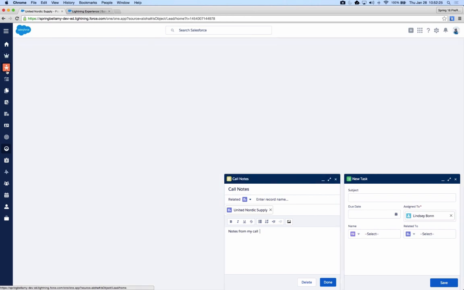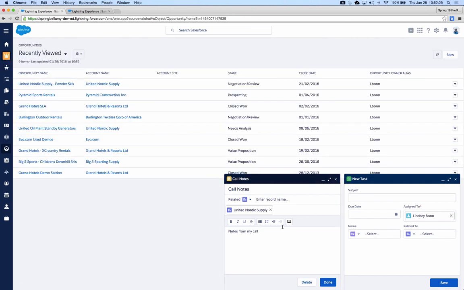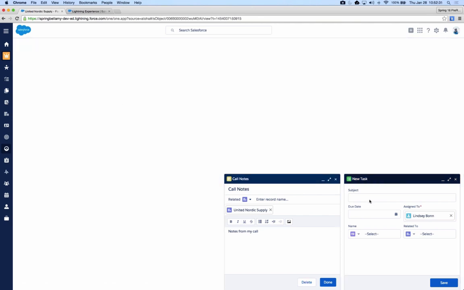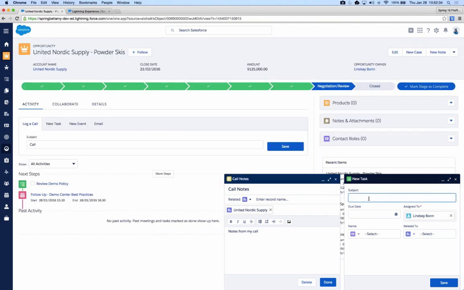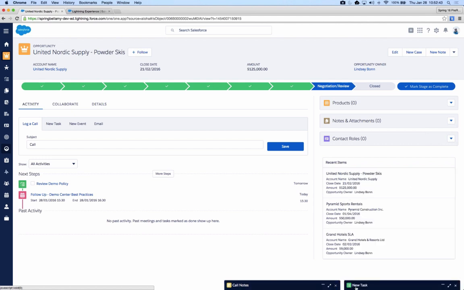And if I were to change where I am in Lightning, I still have that docked experience of having those records I'm working on. So for example, if you're writing a whole to-do list for yourself or writing a lot of notes and you need to look at multiple records to write those notes, you can now do that. And if you want to set them aside for a moment, but you're not quite done with them, you can always minimize the docked windows.